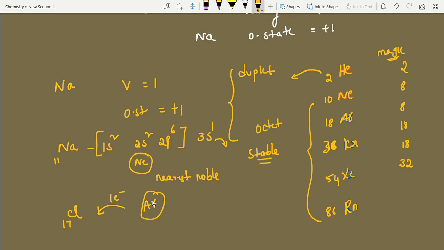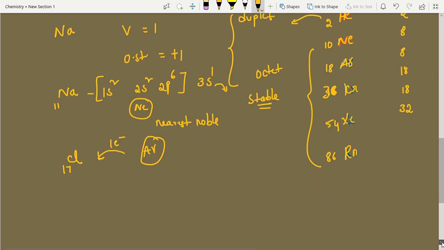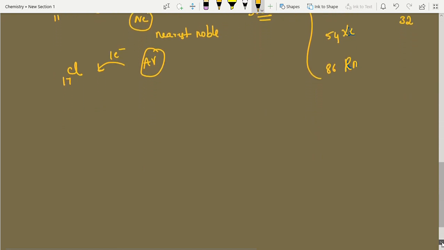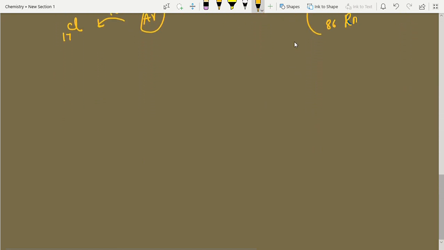In such a way, they are losing electrons and gaining electrons. Who is losing electrons? Metals. Who is gaining electrons? Non-metals. Based on losing electrons, we give the charge positive. Based on gaining electrons, we give the charge negative. If it loses one electron, +1. If it loses 2, +2, like that. Okay, now I am going to list out the s block and p block.